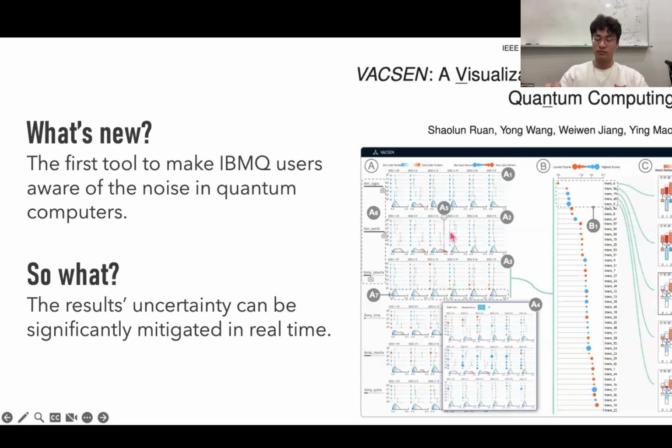Okay, so I just want to introduce this work real quick. Let me summarize this work very quickly, which is we first developed a tool to make the IBM Q users aware of the noise in the quantum computers. So this can lead to the uncertainty being mitigated in real time for those IBM Q users. This is the first work, and we published it at the IEEE conference last year. It's a top conference in the visualization field. And then